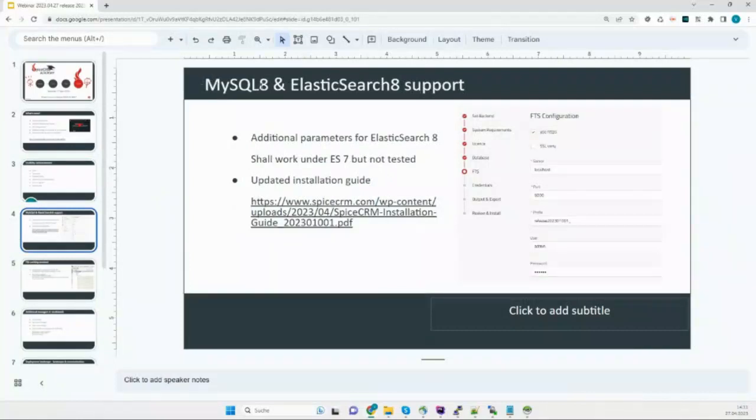We added MySQL 8 support. So now, when you set up the database for your SpiceCRM, you can use MySQL 8. That's hopefully good news. And we also added Elasticsearch 8 support. And coming with the Elasticsearch 8 support, we have